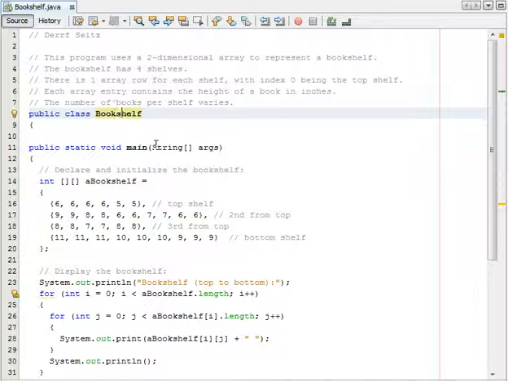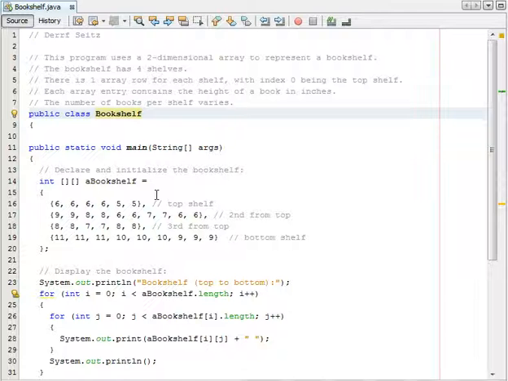So the top shelf will have certain books. The next shelf down from the top could have fewer or more books. We'll represent this bookshelf, which is 4 shelves or 4 rows, and each book, starting from the left, represents a column, the first book, second book,